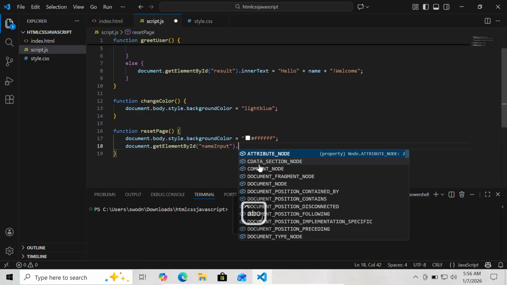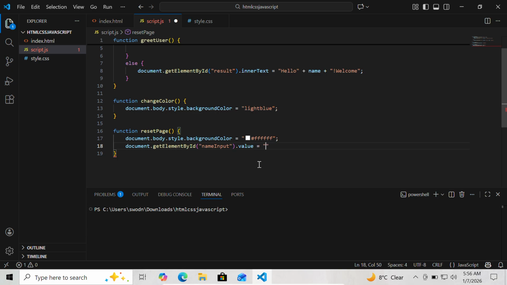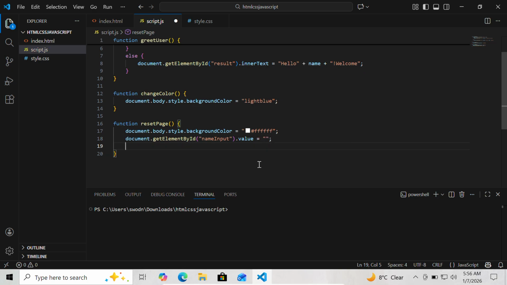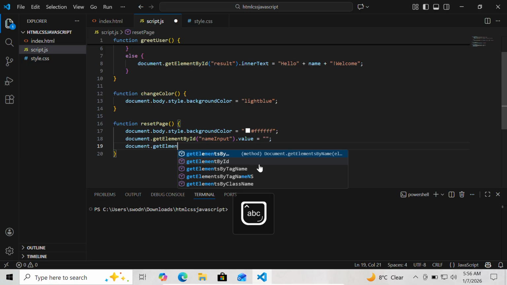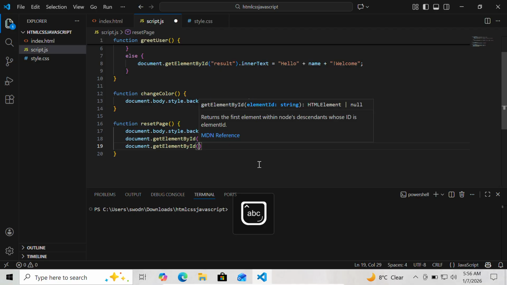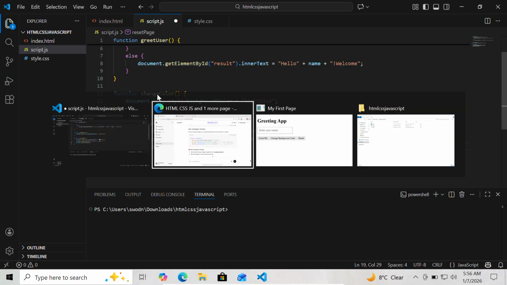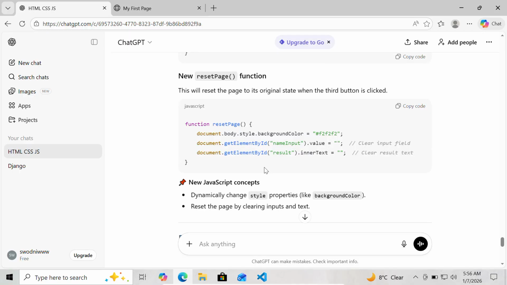Alright, dot value is equal to empty. document.get element by ID. So the placeholder is going to become empty, and the next thing that we want to do is get the